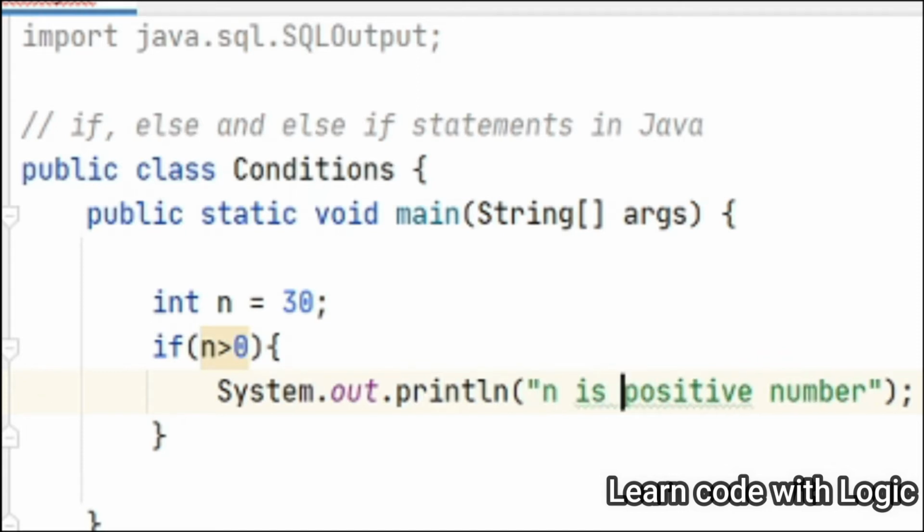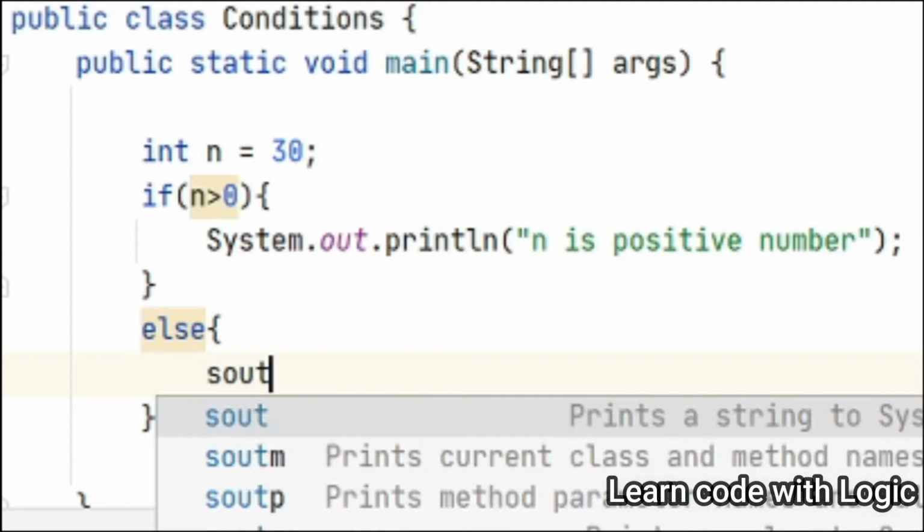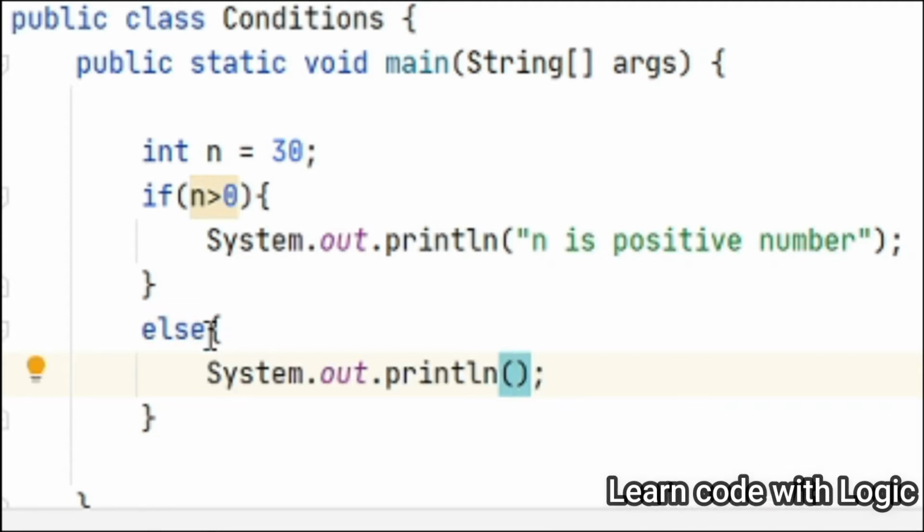We'll give a print statement, n is positive number. We need not give any condition over here. n is negative.